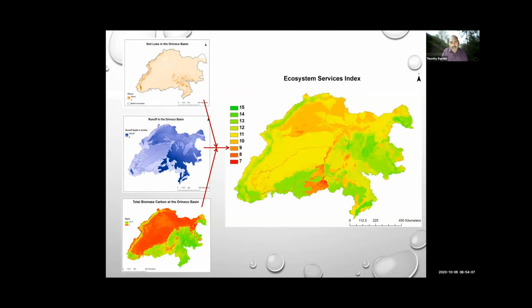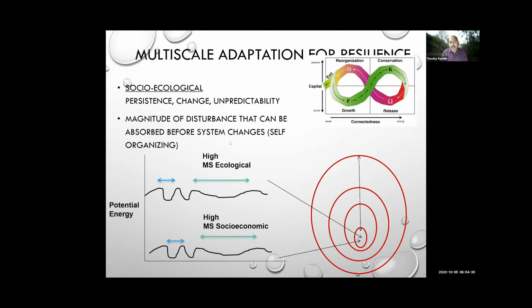So in terms of approaches, one thing is multi-scale adaptation and resilience. Resilience is how a system quickly comes back to its original condition after a shock. But in order to study the multi-scale nature of that adaptation, we need to look at this system at multiple scales. So there are specific aspects of the socio-ecological system in terms of persistence, change, sometimes unpredictability, and